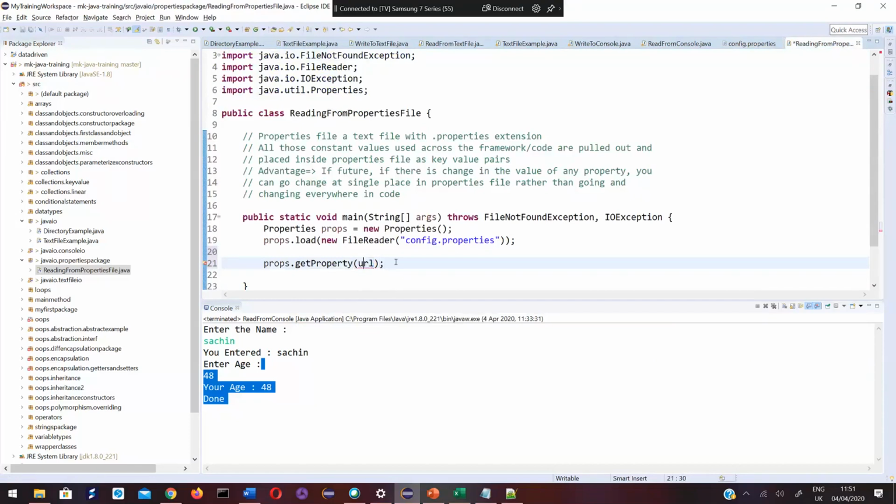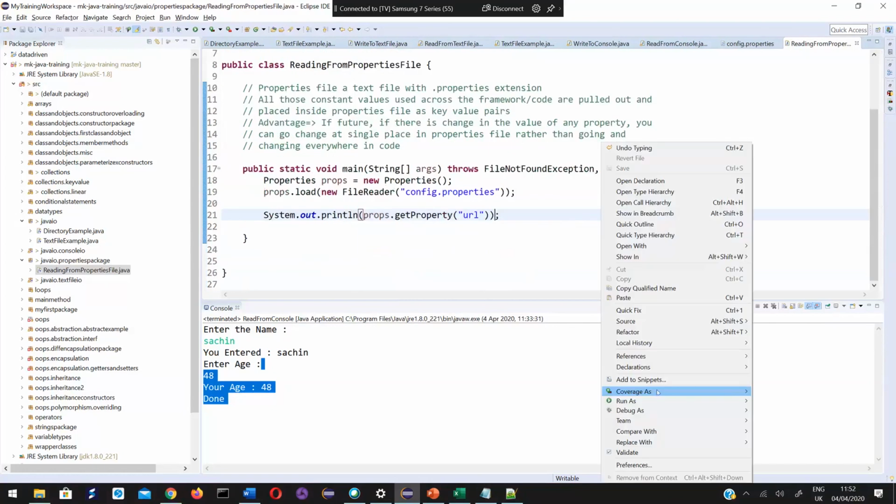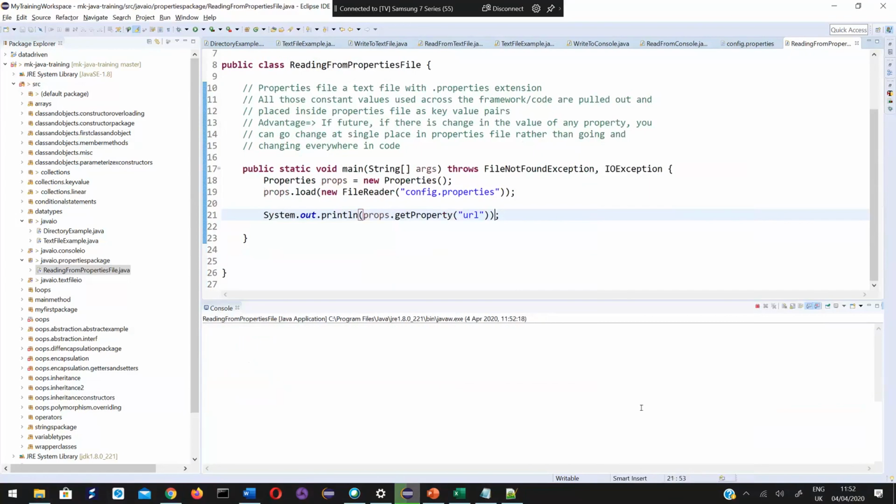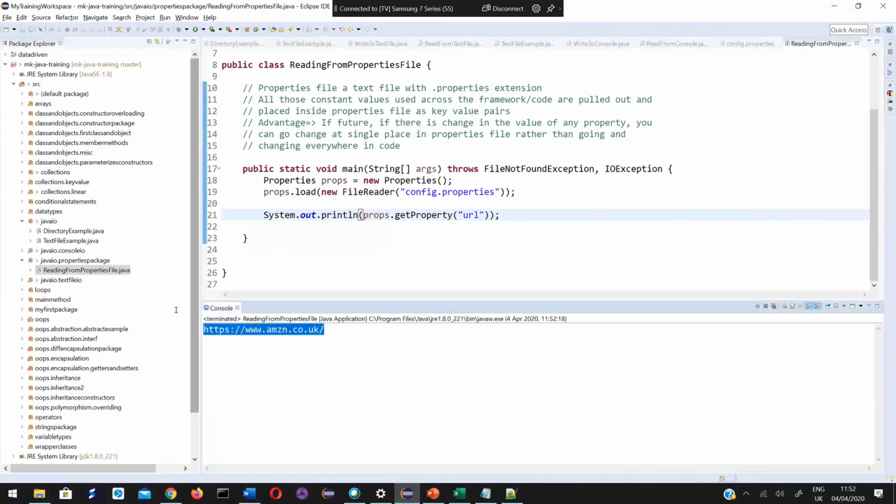I need to pass it in double quotes. So it returns me the property. I can print that value. Okay, it has returned me that value.